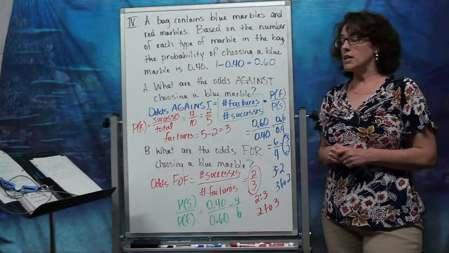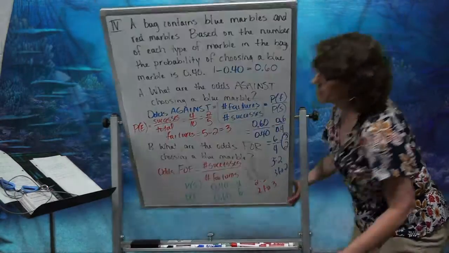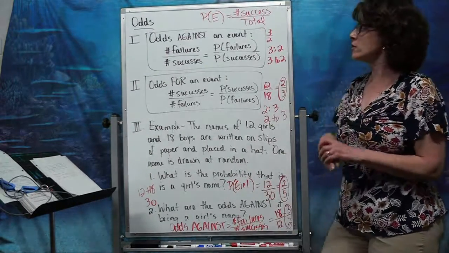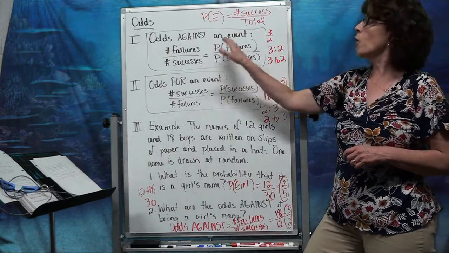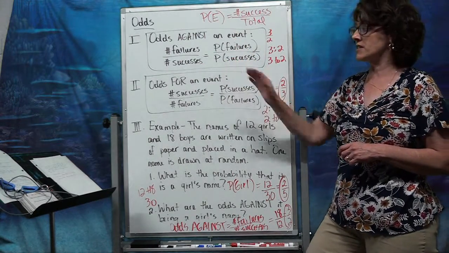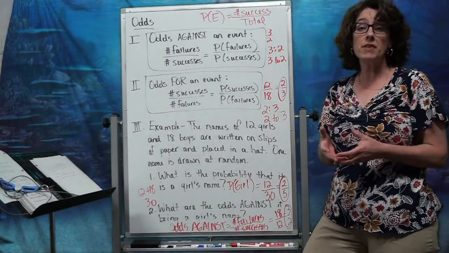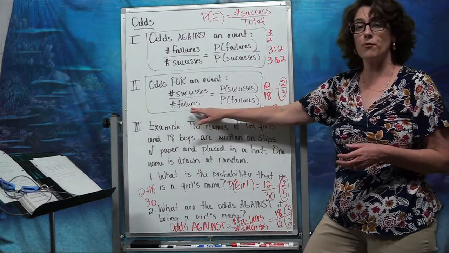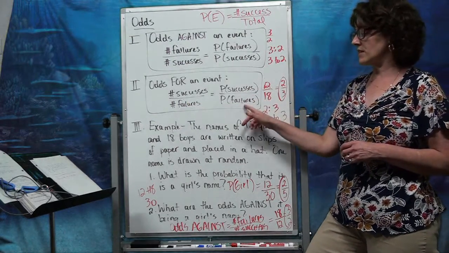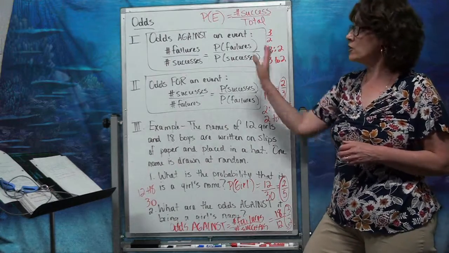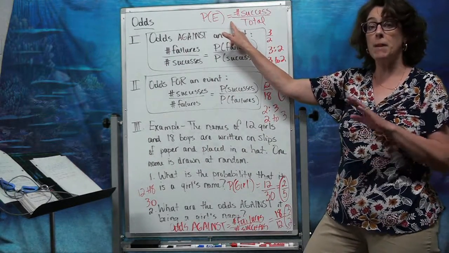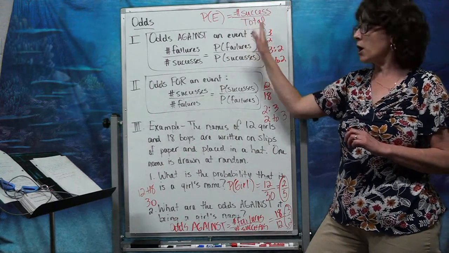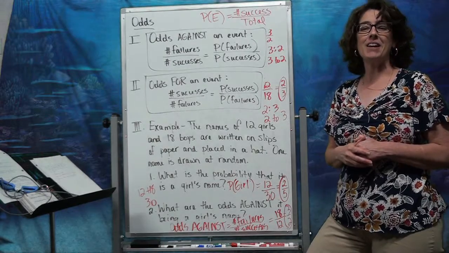So hopefully this helps you to understand odds. Again, the basic definition is what gets you through here. Odds against focuses on a failure, so I want the number of failures over the number of successes, or the probability of failure over the probability of success. Odds for focuses on something that's good, something I want to happen, so it focuses on successes. I want the number of successes over the number of failures, or again, probability of success over probability of failure. And understand that these two, in comparison to basic probability, which deals with successes over total, all three of these can work together. And I hope that helps. Have a great day.